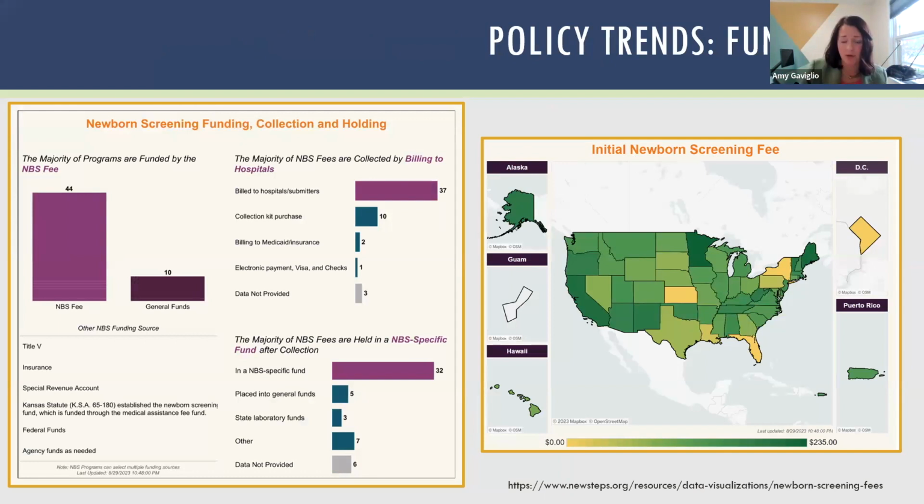So you can see on the map on the right, and this is from NewSTEPs again, there's quite a wide variation in the fees for newborn screening, though I do want to asterisk that many times it's a bit hard to do a true comparison by just looking at a map, because what the fee actually covers likely differs from state to state in terms of whether it's covering all of the testing, is it covering testing and follow-up, IT infrastructure, specialists. So it's really important that you take the map for what it is, but you need to really dive in to better understand the breadth of what's being charged and what that's going to.